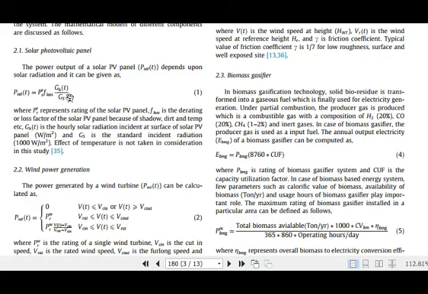In this equation the effect of temperature is not taken, but we will also discuss the effect of temperature and we will consider it in our simulations. And the second thing is the